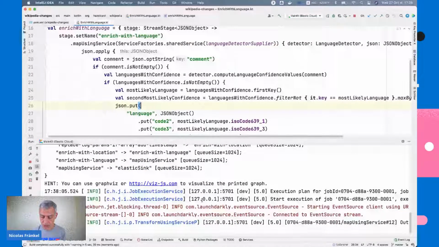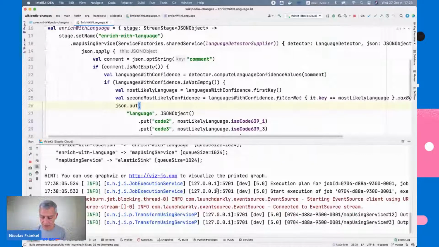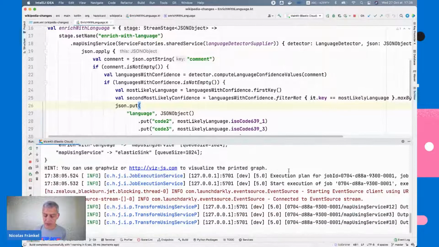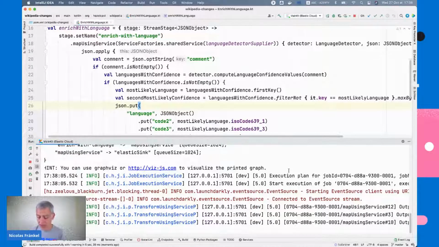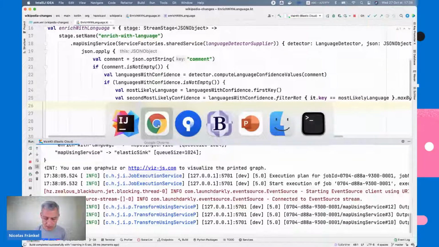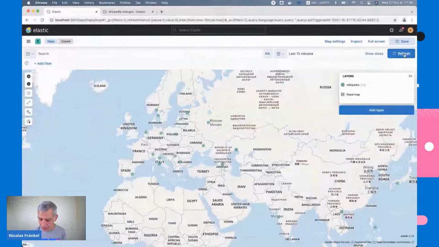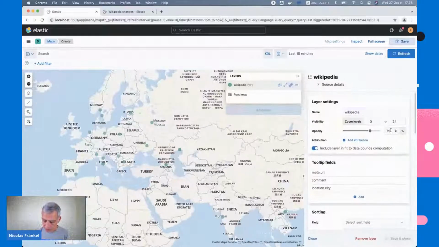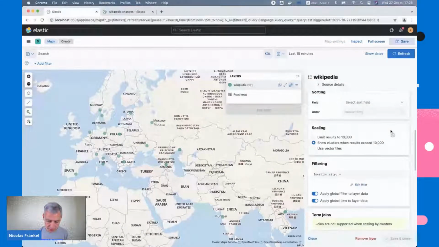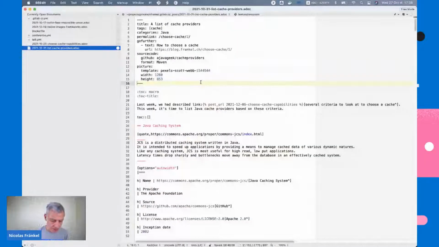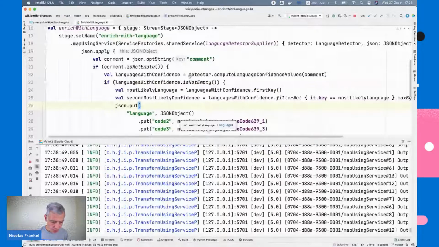And it should, so only one data point, that's not enough. So either my CPU is very, very slow, which can be the case, or there is some other issue. In all cases, I can refresh. So normally now I should have some data point, and I can have a filter. So let's say that here I will have another filter. I will say, hey, sorry, not this one. My CPU is burning. Not this one.